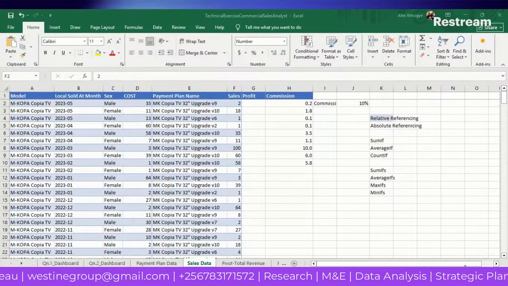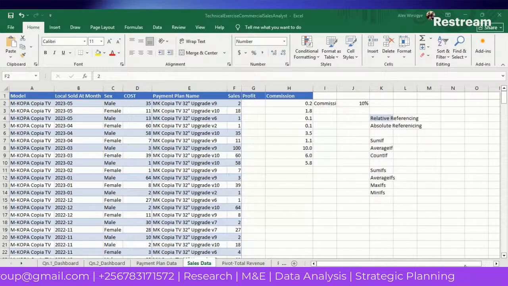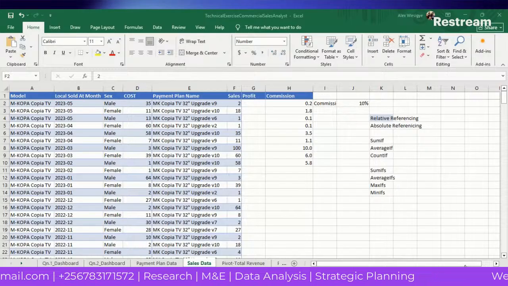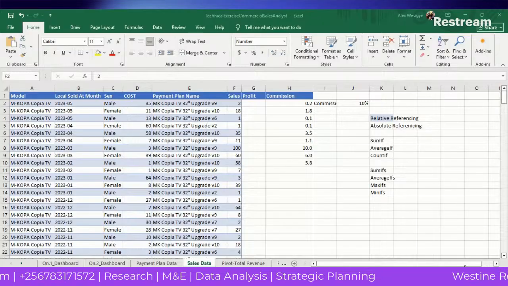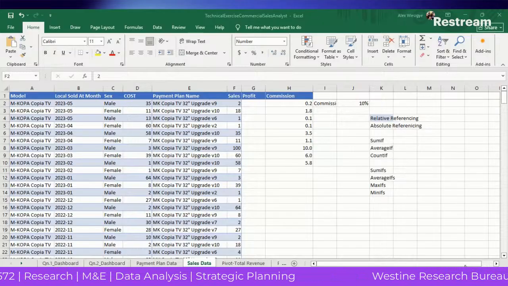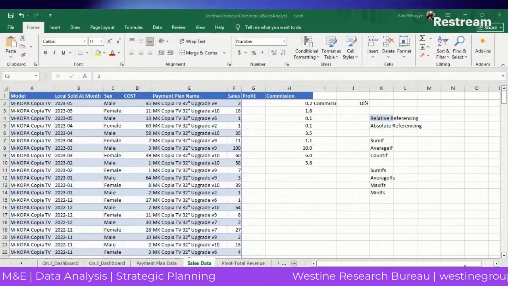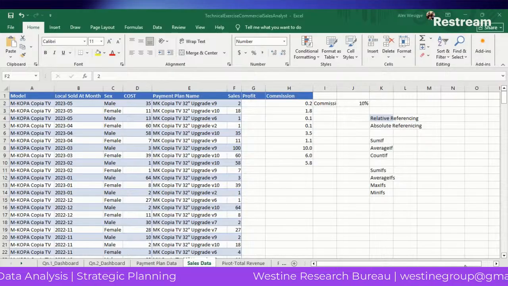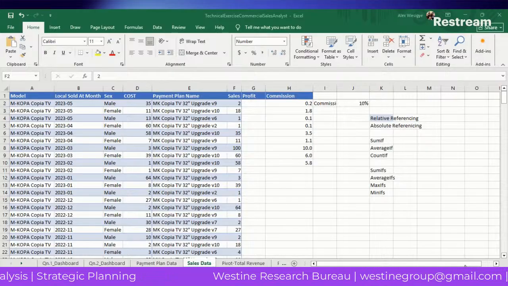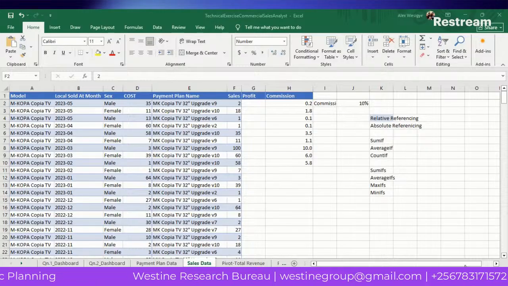And then conditional mathematics. That is sum if, average if, count if, sum ifs, average ifs, max ifs, min ifs, because these are conditional mathematics and they're very helpful in advanced Excel. They can save you a lot of your time, I can assure you. So we begin with